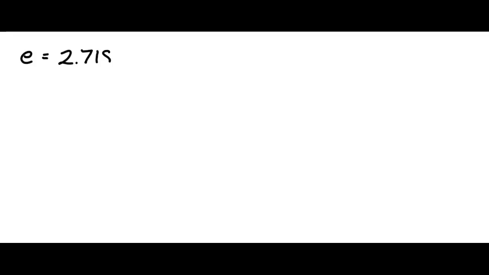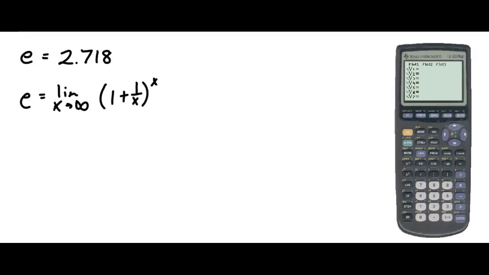2.718. And where that actually comes from is e is the limit as x approaches infinity of the function 1 plus 1 over x to the x power. And using calculus, you can actually figure out the exact number of e, which we sometimes refer to as the natural base. Now, when I graph the function f of x equals e to the x power,